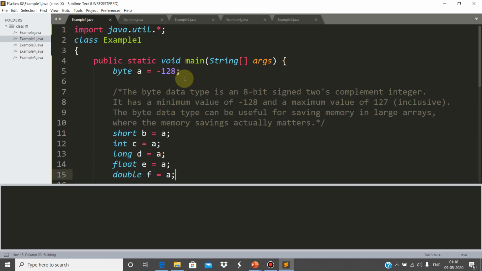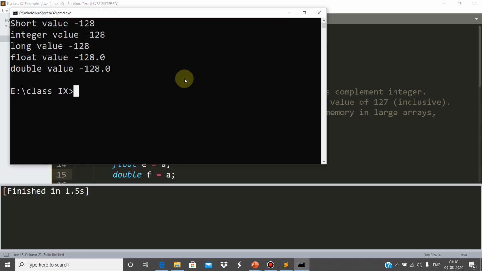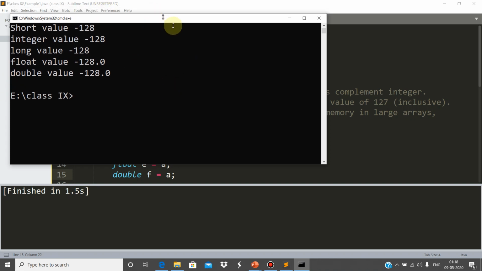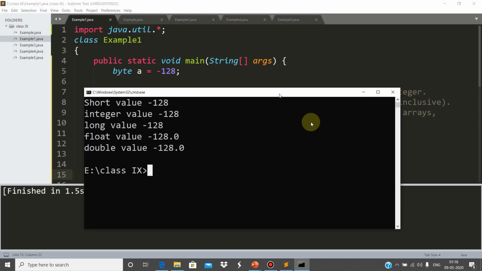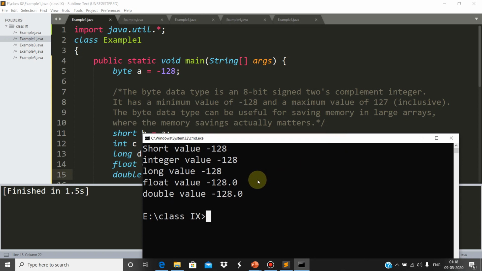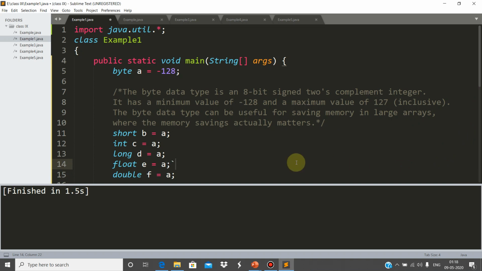Have a look. Now you see that the byte is successfully converted into short. Again it is successfully converted to integer, in a similar way to the long type, float type, and double type. So this is implicit type conversion.